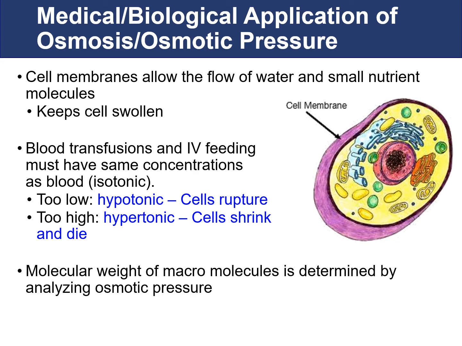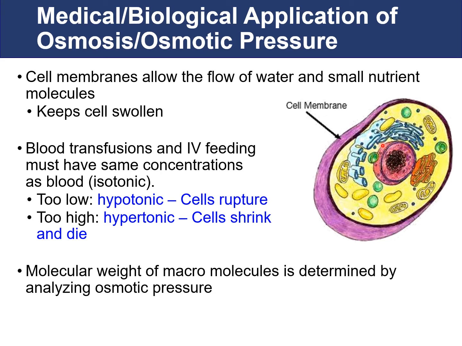Blood transfusions and IV feeding must have the same concentrations as blood. Solutions that have the same concentration as blood are known as isotonic. If the concentration is too low, this is what we call hypotonic. This will lead to cells rupturing because the concentration of the solute outside the cell membrane is too low, which will cause the solvent, the water in your blood, to flow into the cells, increasing the pressure